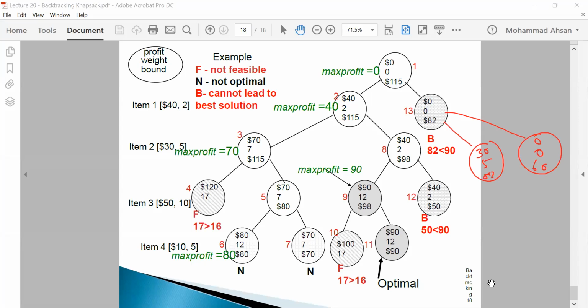Now, if you see the red numbering on the tree nodes, this is the order in which you are traversing the tree. Based on this order, you will see that our dynamic bound will prune the tree in different ways. So when I start exploring my tree from here, this is my starting point, and this is a promising node because what my current profit is, my current profit is